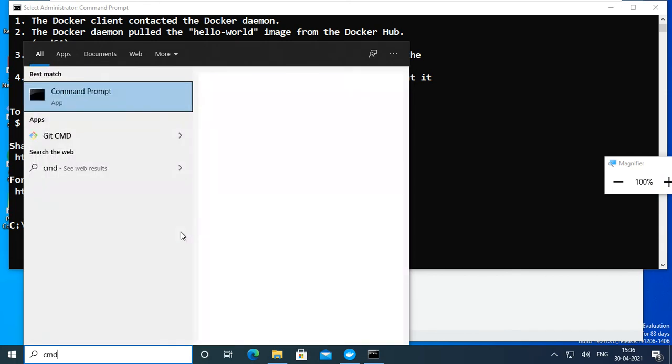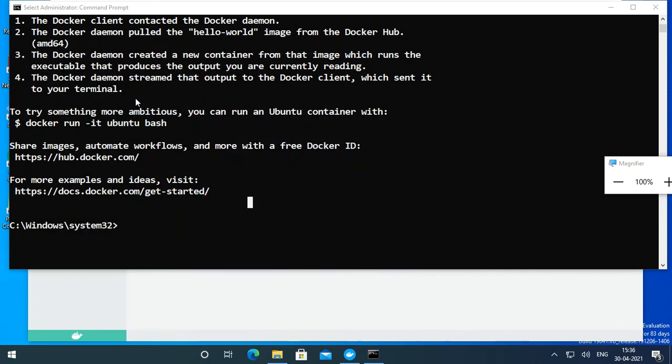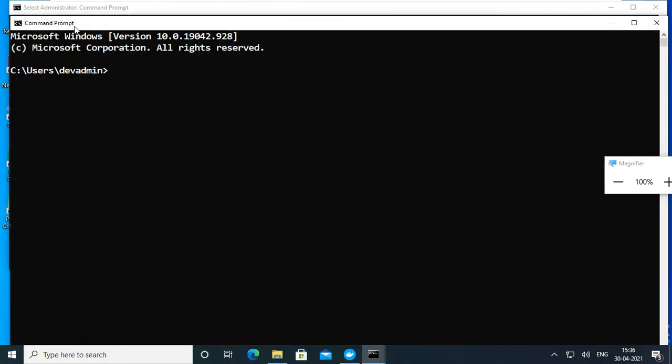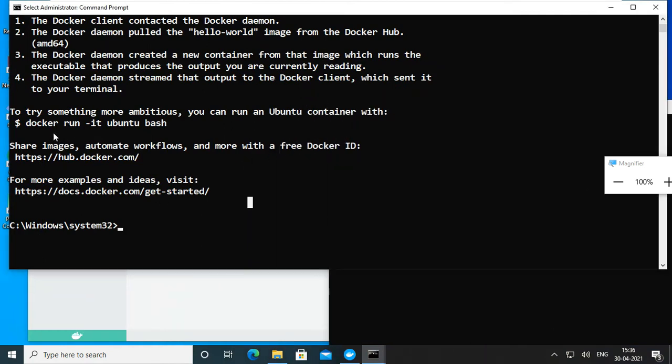You can use CMD or PowerShell. So leave it aside. Here it is showing docker run -it ubuntu.